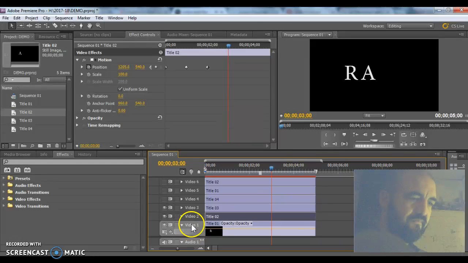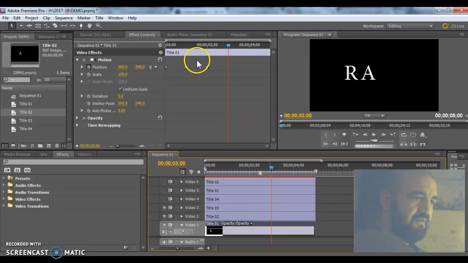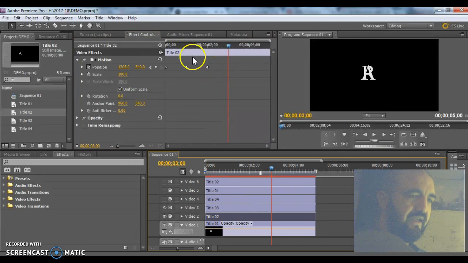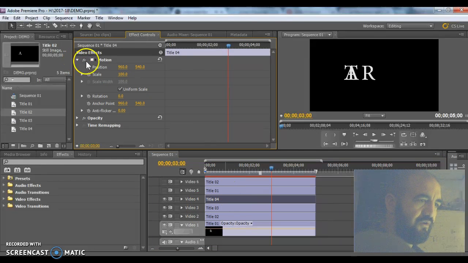The R, which is title 2, right? No, that's the A. Let's go to title 1. The R is going to slide over to where the A is. The A is going to slide over to where the R is. And at this point in time, also, I want my T to come up. I didn't really need these other A and R's. So the T is now on, and we want the T to be in that position at this point in time. So I'm going to go up to the T, twirl that down, get it in the right spot,